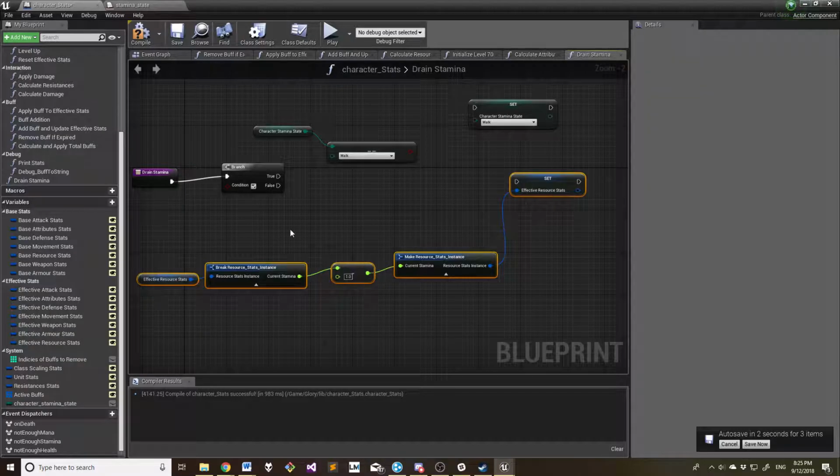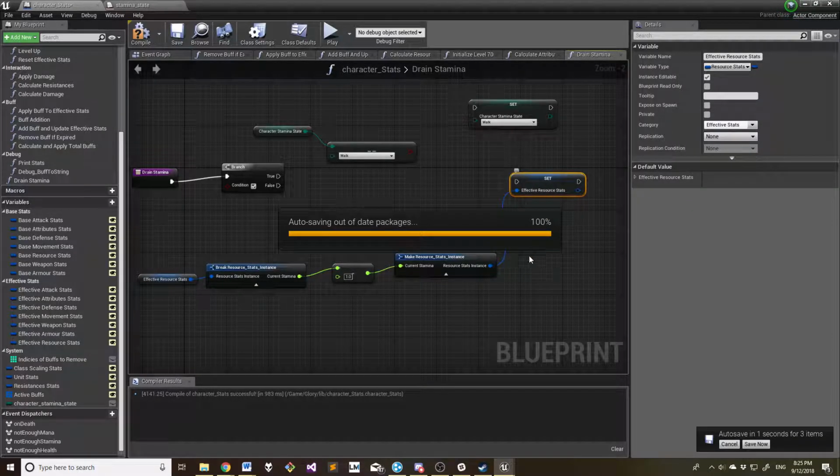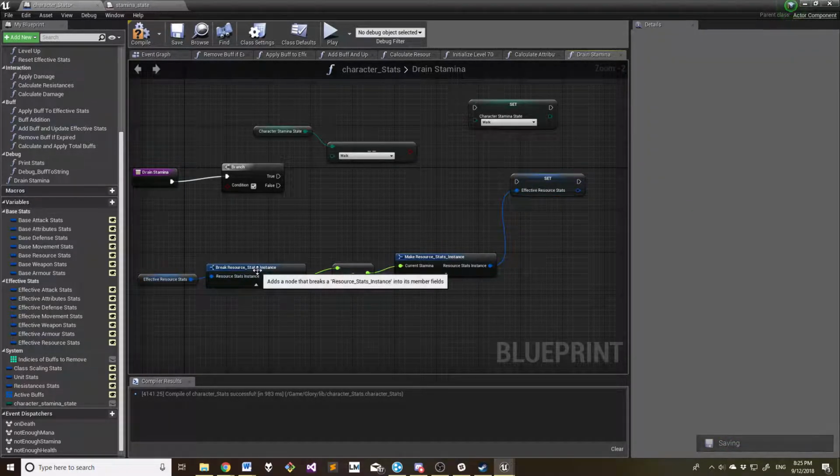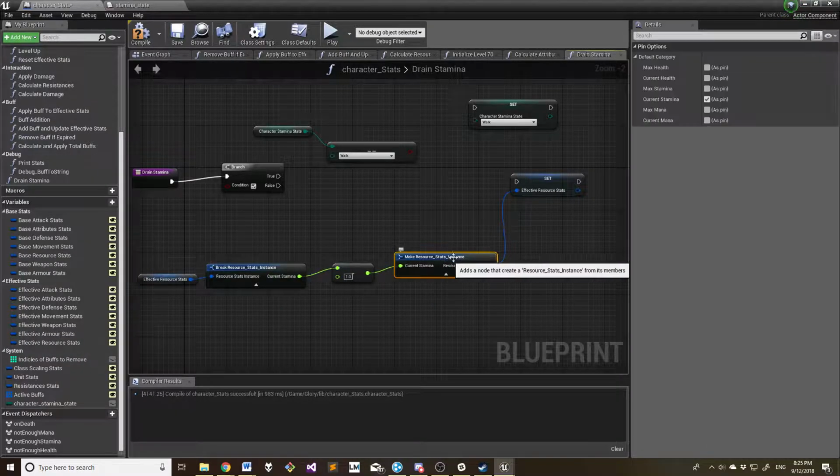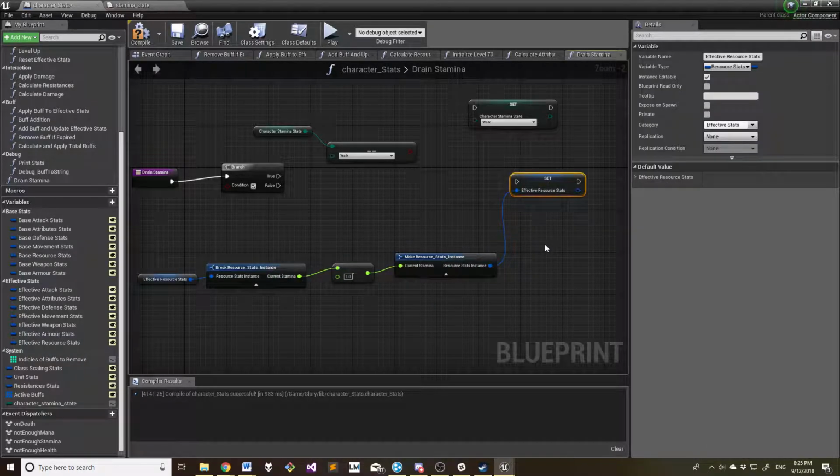So what we first have here is a system for reducing the current stamina by 1 and then updating it with its new value. So let's say we're walking. If walking is true,